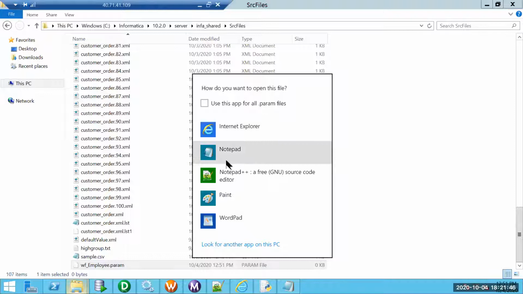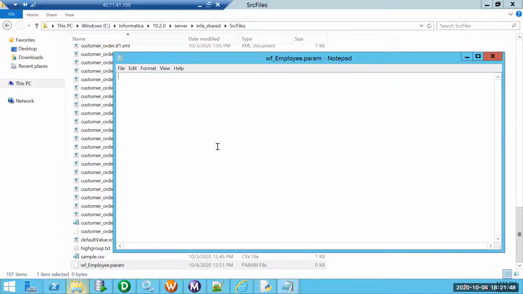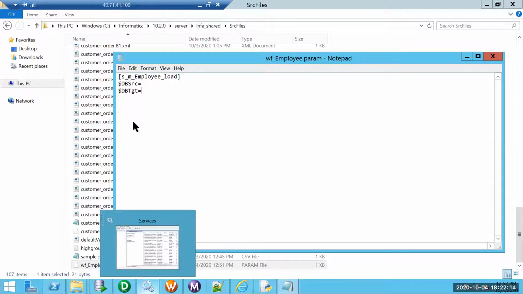Now the important aspect here is, in the square brackets, I need to define the session name. Then I can define my parameter names: one is $DBConnection_src equal to, and $DBConnection_tgt.